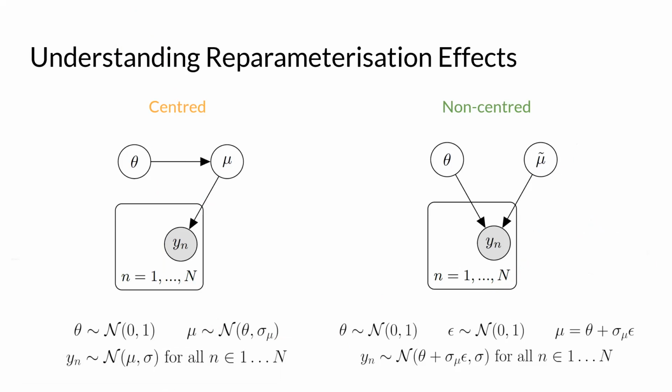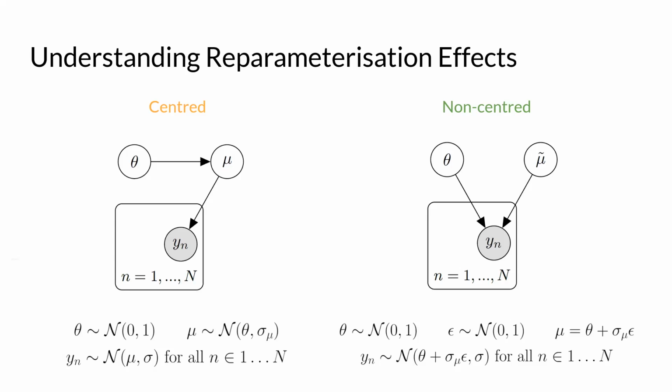We have this other example where the data y, we have many data points y that come from a normal with mean mu, standard deviation sigma. And mu itself is given a hierarchical prior where the mean of mu is another random variable theta. On the left-hand side, we have the centered formulation of this model. And on the right-hand side, we have the non-centered version, where here we only non-centered mu, as theta already comes from a standard normal. So we didn't have to change that.